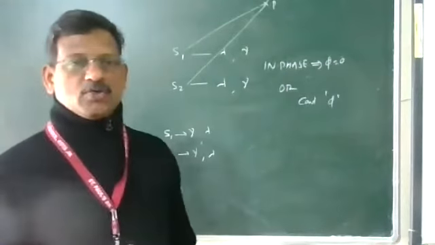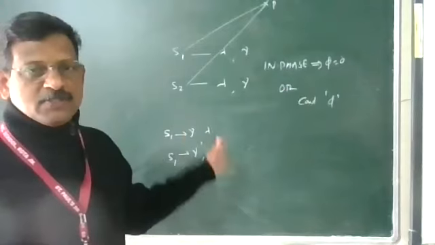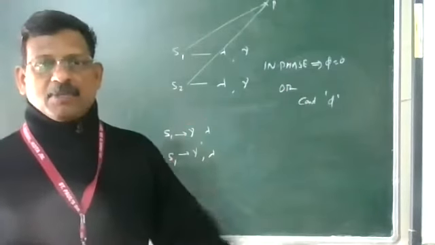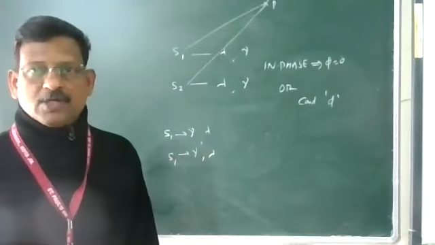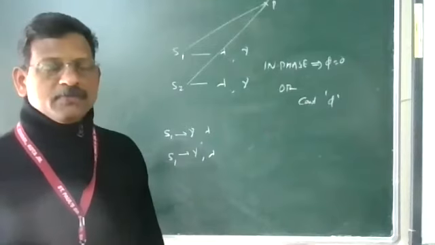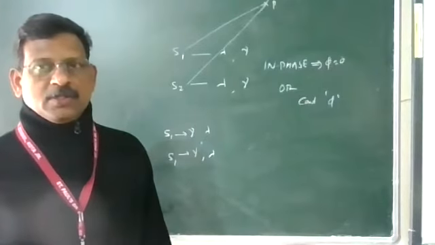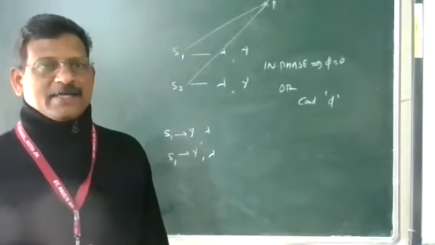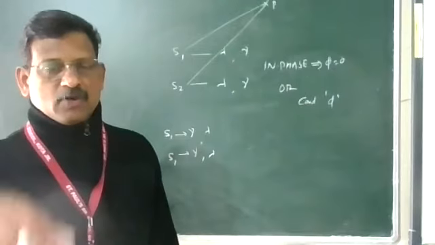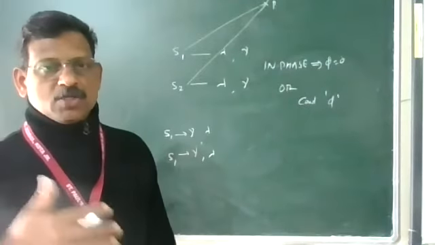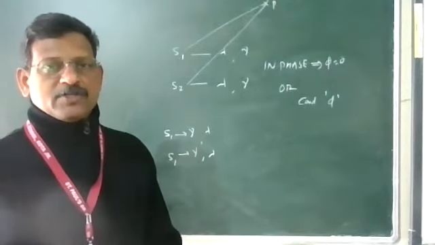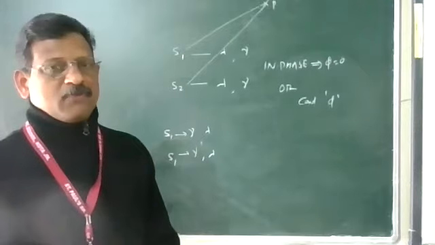Exactly the same type of light sources, 40 watt, same frequency, same wavelength, and even same amplitude, cannot be coherent. Two independent sources cannot be coherent. This is because, you know, light is emitted when the excited electrons come to the ground level. So the difference in energy will be released in the form of light.